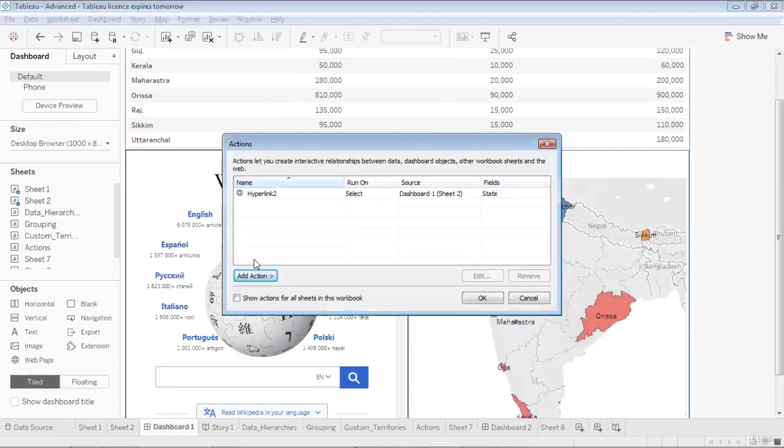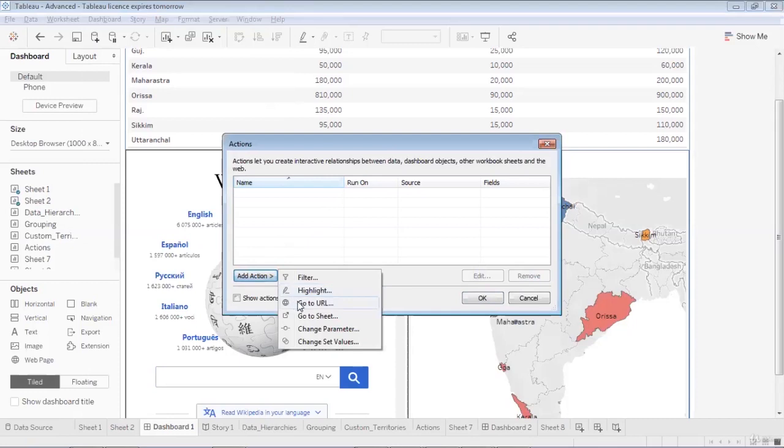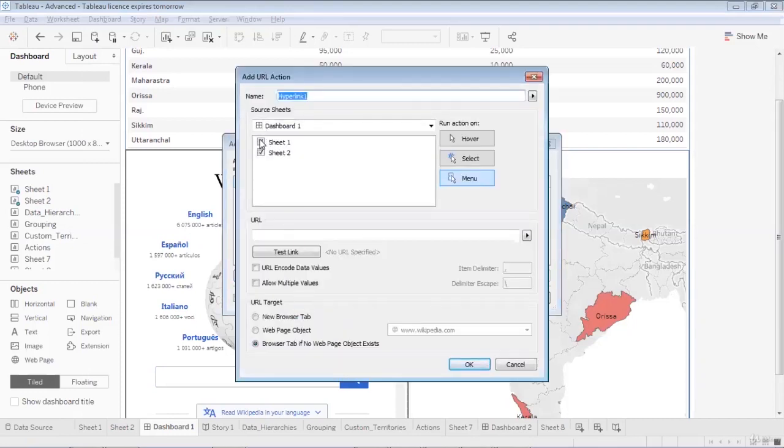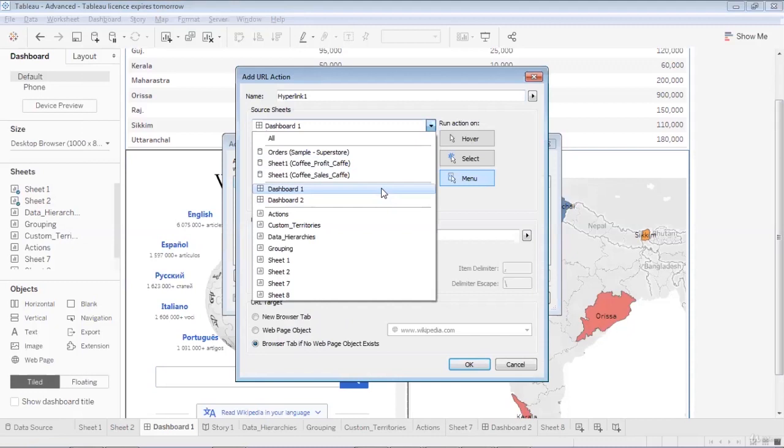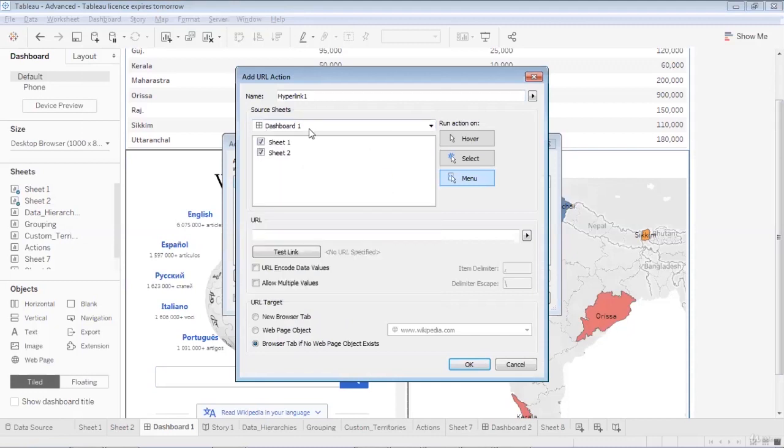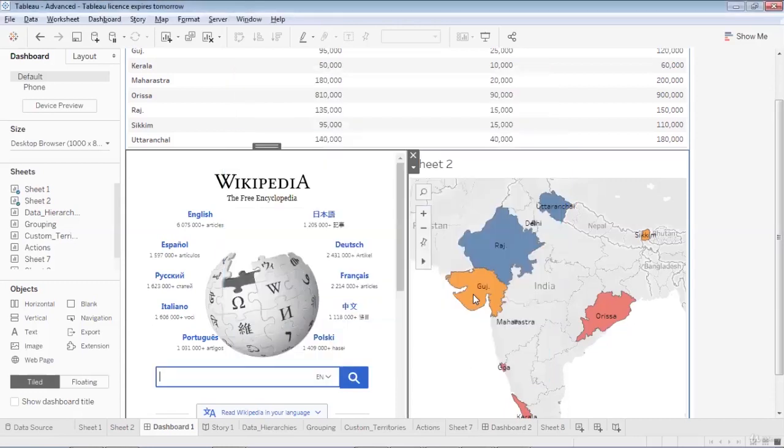I'll remove the previous one. This action will be the URL action. I'm saying that my source will be dashboard 1, and my source sheet will be sheet 2. Sheet 2 has got this India map. And the URL I would like to have is the same, that is www.wikipedia.com. Okay, so when I do so and I press OK over here,